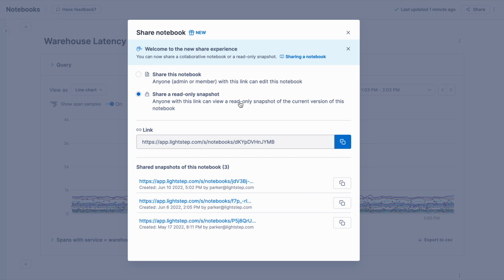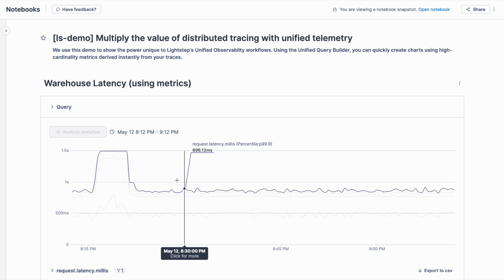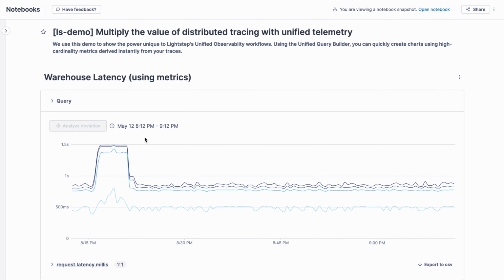And what happens is we take basically the current state of that notebook, we package it up, and we make that something that can't be edited. So there's a couple of benefits here. We'll show you when we get into the snapshot version itself, but right off the bat, you can also see that this allows us to retain a really nice history of what actually goes on, what changes have been made, and the living way that these notebooks can be modified over time. So I can go back to a version of this notebook snapshot that I created on May 17th. I can open that up, and you'll see that the data and the queries and everything reflect what I was looking at that time. So I was looking at some metric data from the 12th, I was looking at some